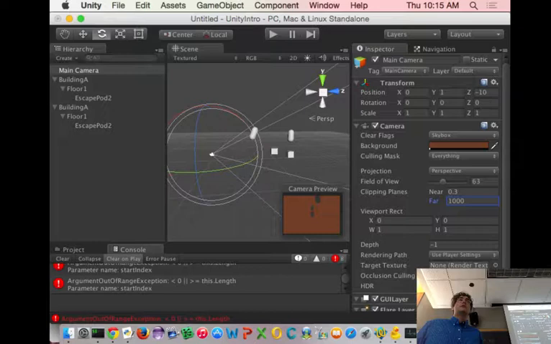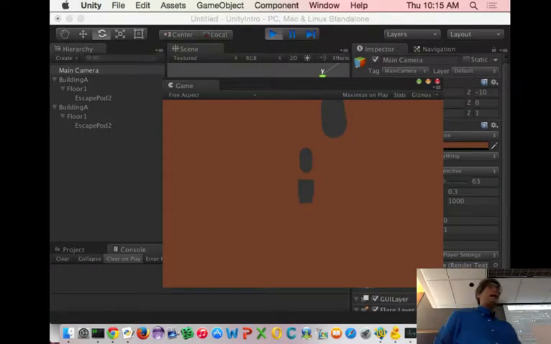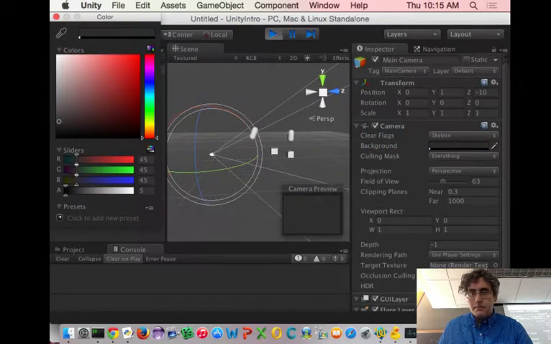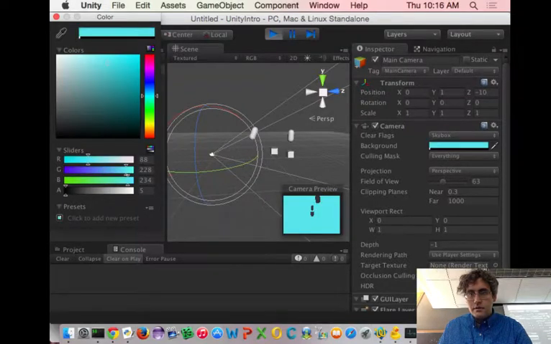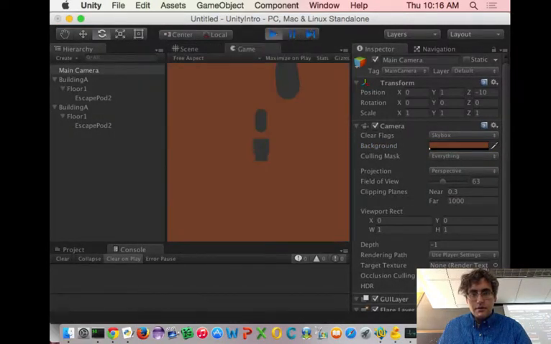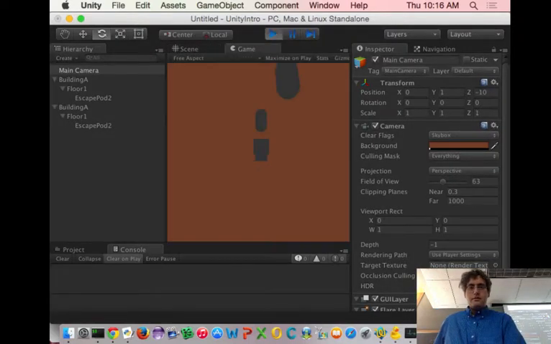Okay, one more essential thing to really make things work. If we look at our game again, it looks pretty bad. Number one, because I picked a horrible color. Let's pick a brighter one, light blue. But number two, oh, it's gone. Okay, aha. This happens all the time. When you play and want to watch your game,